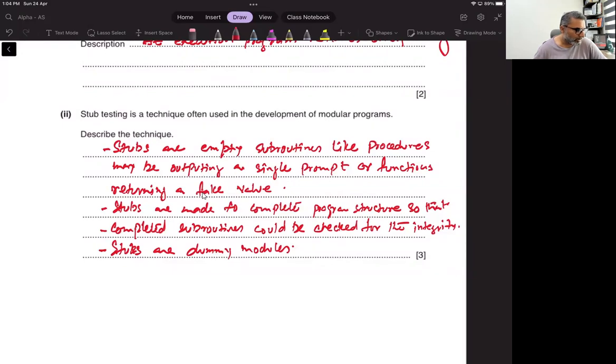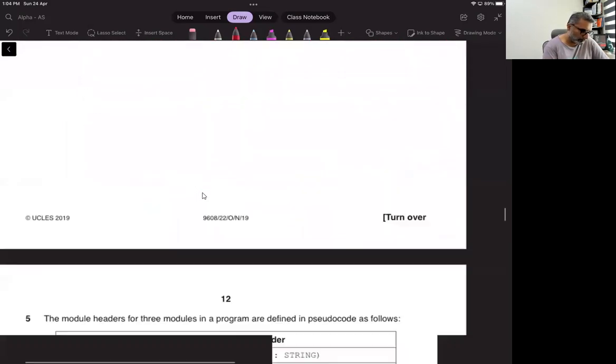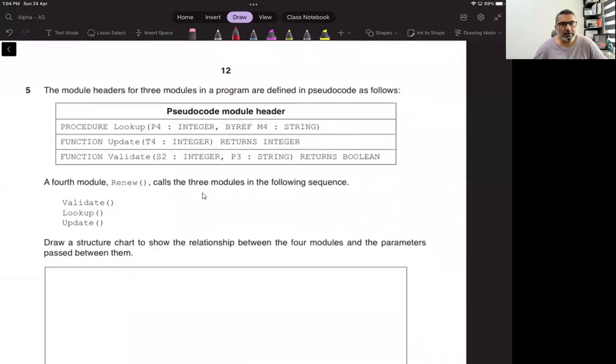All right. Now, the module headers for three modules in a program are defined in pseudocode as follows. Procedure lookup P4 as integer, byref M4 as string. Okay. Function update T4 as integer returns integer. Okay. Function validate S2 as integer, P3 as string returns boolean. Okay. A fourth module renew calls the three modules in the following sequence: validate, lookup,